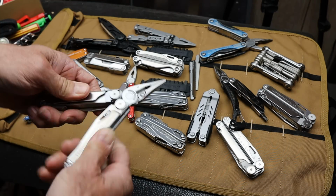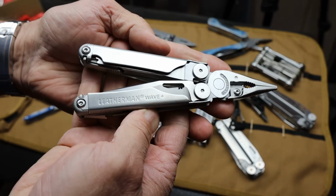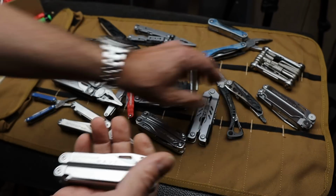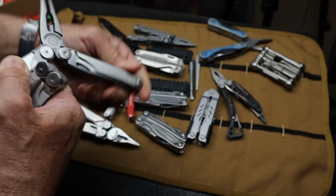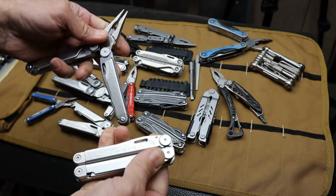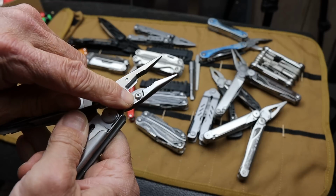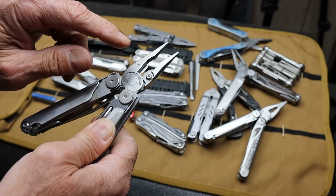This is the Leatherman Wave. In fact, this is the Wave Plus. The Wave has gone through a lot of different iterations. Here's the original Wave. And then it went to the updated Wave. One of the differences, they improved the blades on it, made it a little bit larger. And then when they went to the full Wave Plus, they finally started having some replaceable